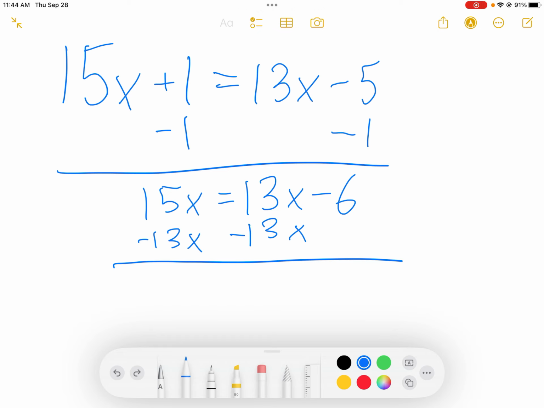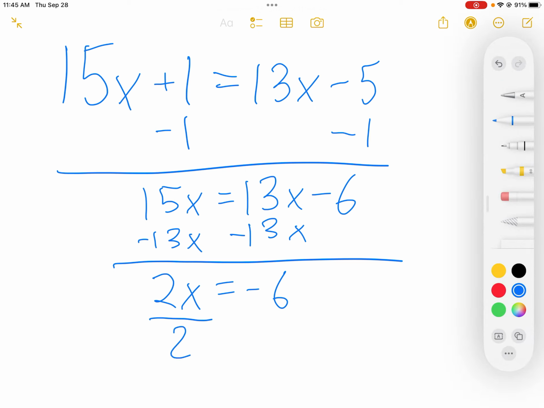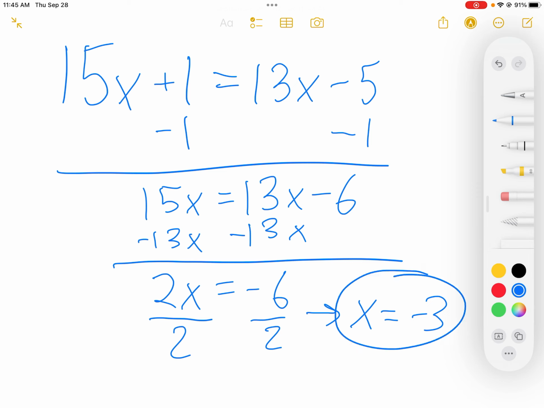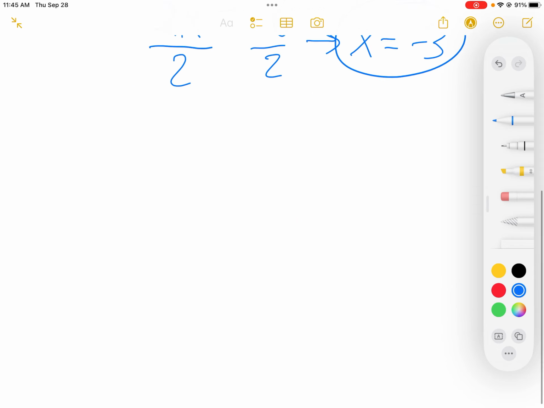Okay? So we've got these two canceling out, and you get 2x over here is left over equals negative 6. Divide both sides by 2, and x is negative 3. And that'll be our answer. Let's see, I got another one. Let's try one more example,